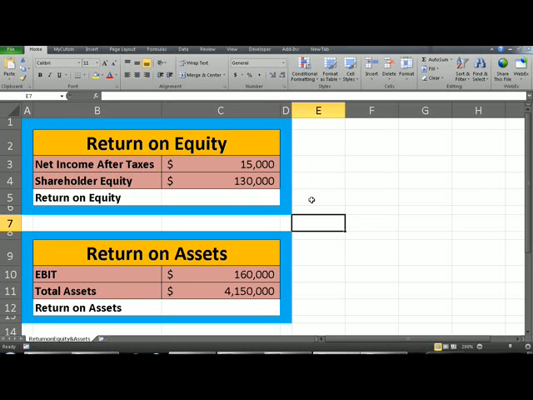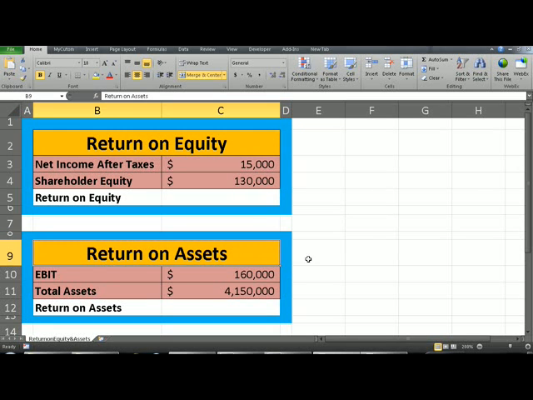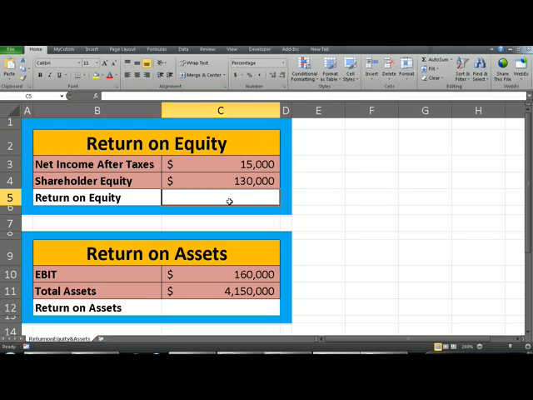In this video we'll quickly look at return on equity and return on assets. Equity is basically your total assets minus your total liabilities, and it is essentially the owner's interest in the company. And as an owner, you always want to know the return you're getting on the money that has been given to the company. To do this, click in C5 and type equals net income after taxes divided by shareholders' equity,